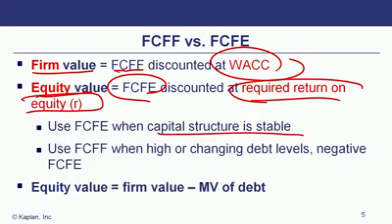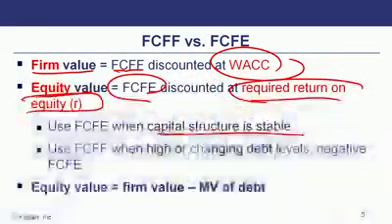Because why? Because if essentially today I have no debt, and then tomorrow I raise $1 billion in debt, and if I raise that $1 billion, what's going to happen to interest expense? It's going to go up. And then the very next year, I pay off that debt. Then there's going to be no interest expense, right? And so what ends up happening is free cash flow to equity then becomes unstable because of this moving capital structure.